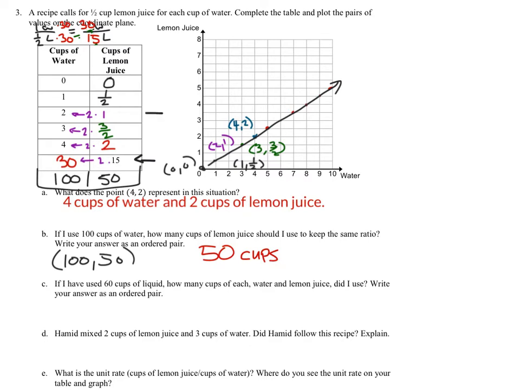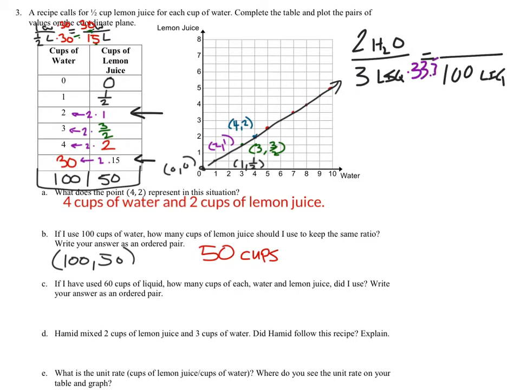Alright, so I would use this unit rate though. 2 cups of water for 1 cup of lemon juice. So 2 cups of water, H2O, for 3 cups of liquid. But what we want is 100 cups of liquid. So what would that be in H2O? This is liquid though. Yeah, overall. So 2 cups of H2O and then 1 cup of lemon juice would give you 3 cups of liquid. So to do this one, we'd have to multiply this by 33.3